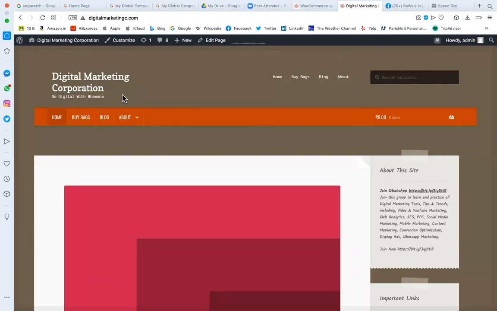Pinterest has so much visibility in Google. When someone is looking for something like bag design, a Pinterest board will come into the Google results. When they click on that link, they land on the Pinterest account or board. When you are pinning the images, you can share the image name, image link, image descriptions, and image tags. If they find it interesting, they can click on that link and land on your website. When they land on your website, they can buy the product from you.